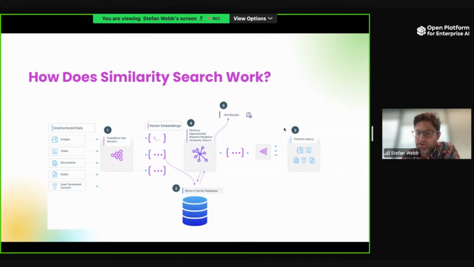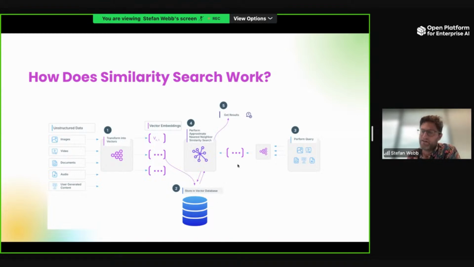Then in step number 3, a user comes in with a query. It may be text, but it doesn't have to be. It could be an image query, or an image plus text. It can really vary depending on the model that you use and what it supports. We put that through our deep neural network, which is typically the same one that embedded the unstructured data for our database.